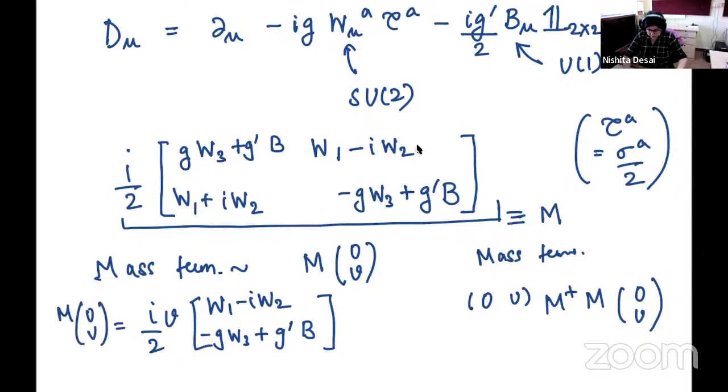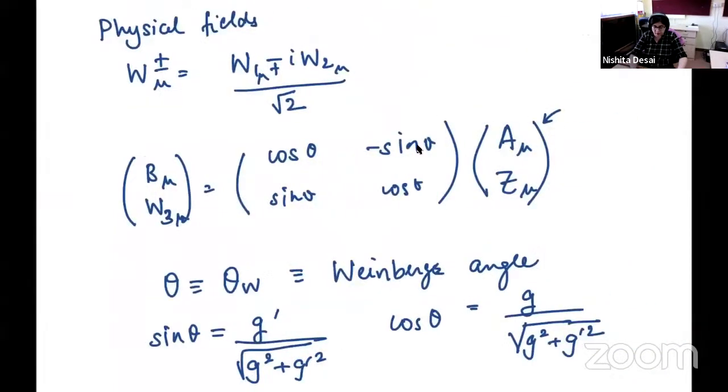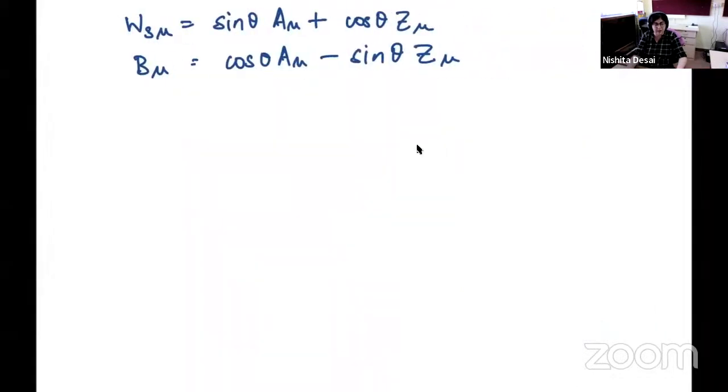So there's only this one combination that survives, corresponding to this guy here, whereas the combination corresponding to this guy here does not actually come with a V at all. That corresponds to a massless gauge boson. So there's one combination that has a mass, and one combination that doesn't. I'm going to give this as an exercise, to figure out the